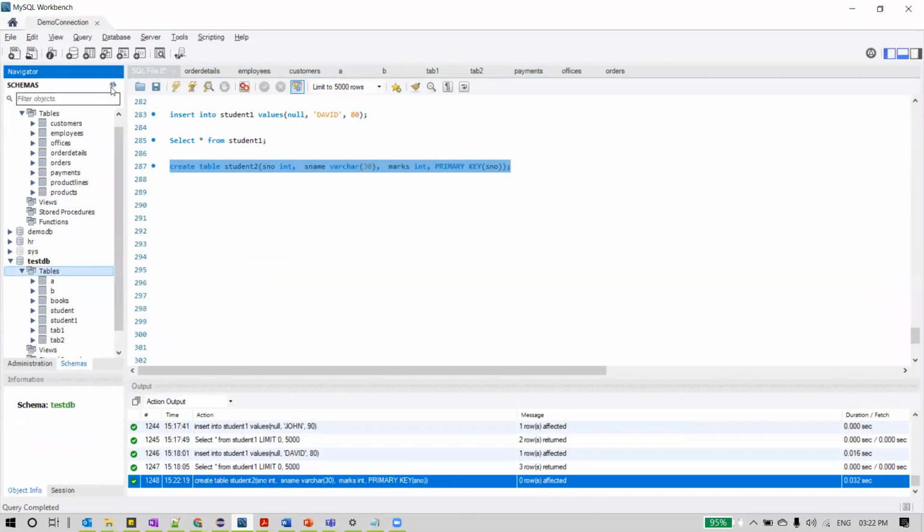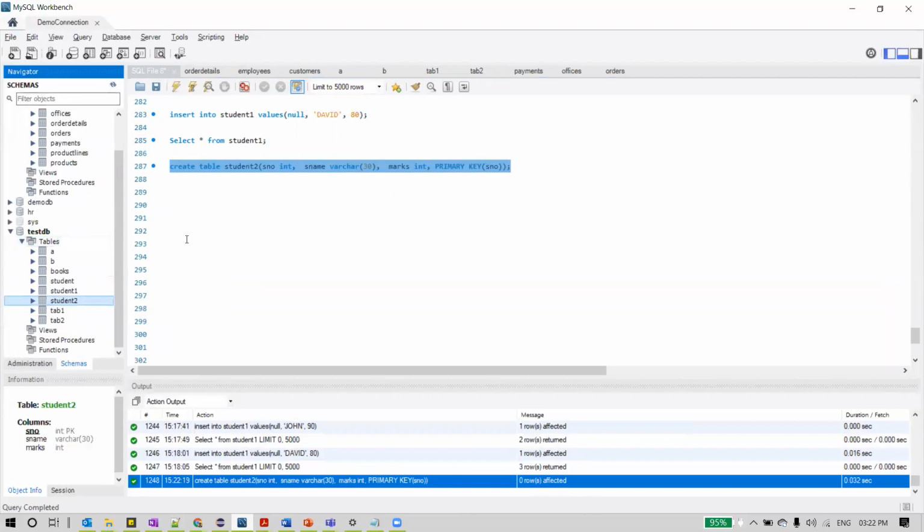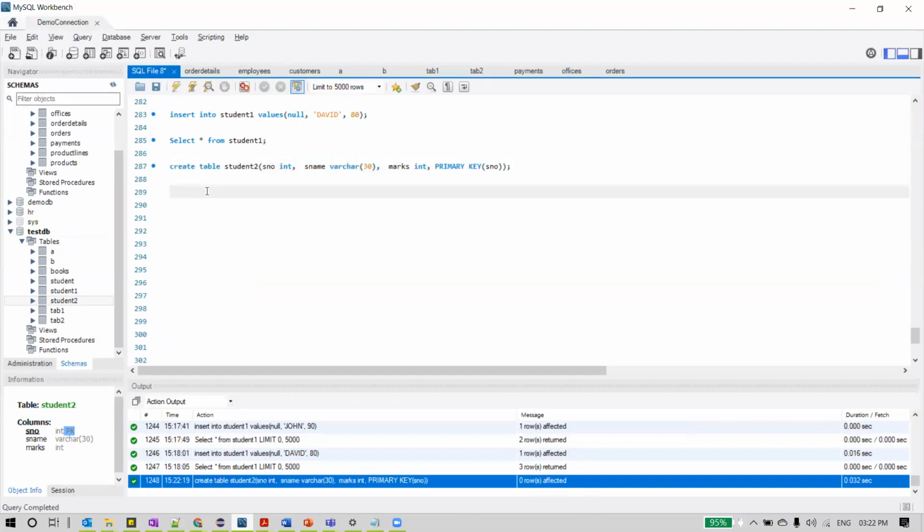Let us refresh these tables. You can see student2 table got created, and you can also see here columns S number, integer, PK representing primary key. You can also view it by running describe student2. Execute this statement.